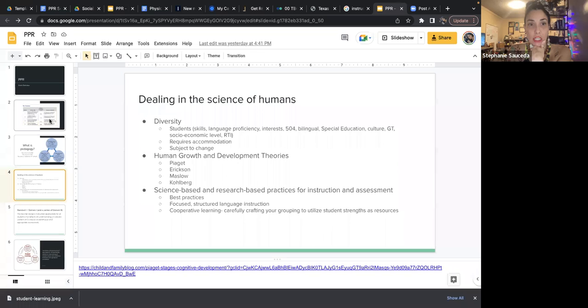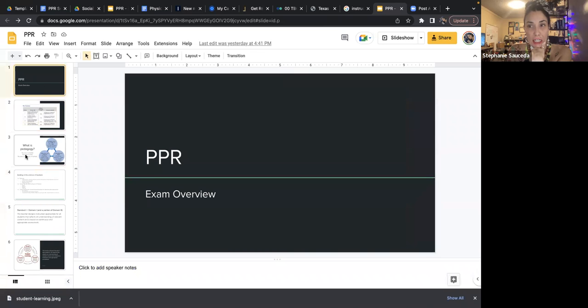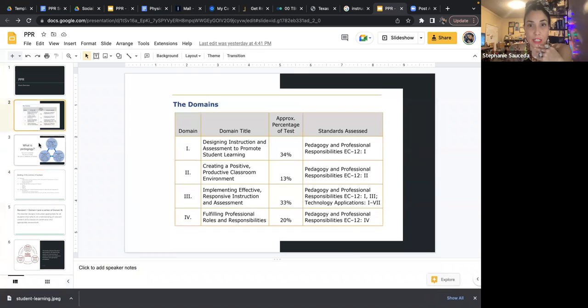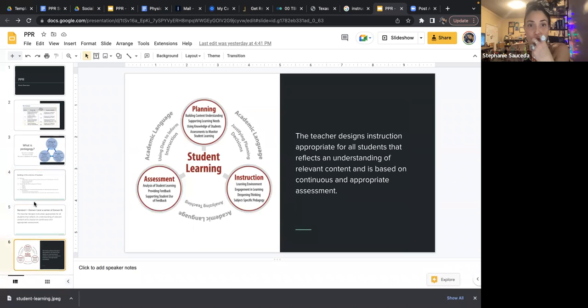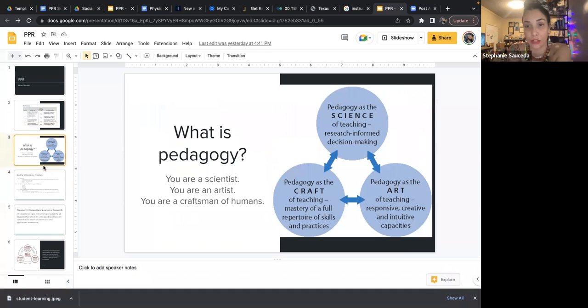Here is the whole thing we were going to use for PPR, but we're going to talk about all of that stuff. And this is important. This is what standard 3 is about. It's about taking your TEKS, the curriculum, the standards, and planning for the people that you have. I'll give you the whole spiel later.